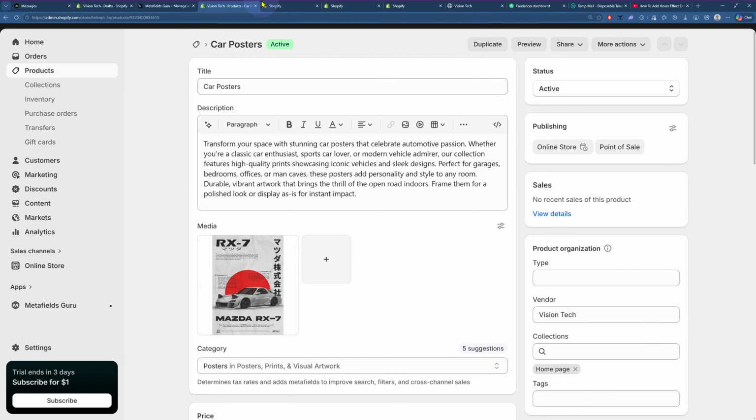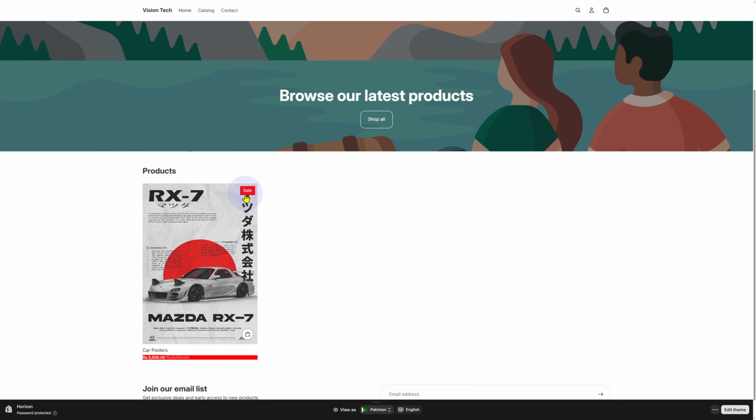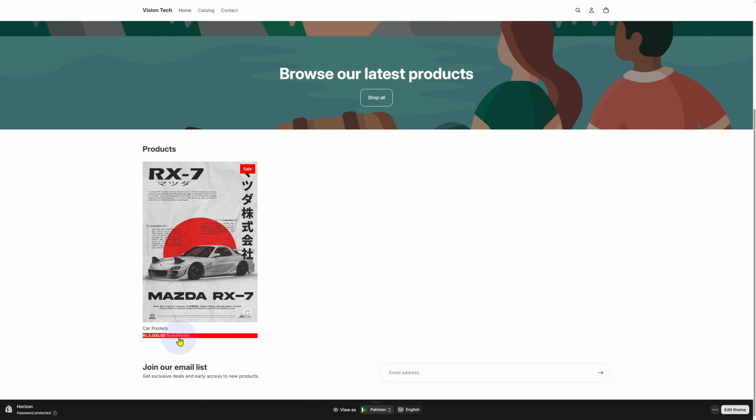So let me actually show you how this looks. If you click on this eye icon on the online store, you are going to be able to see what I mean. You can see the sale badge also showing up, and we have this price crossed out, which is 9,000, and 5,000 is actually showing up. So this is how simple it